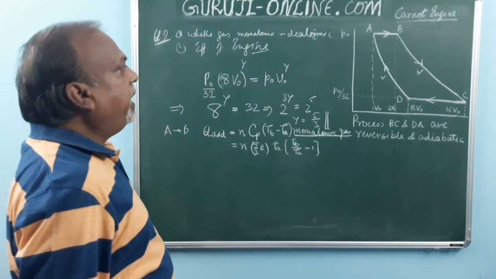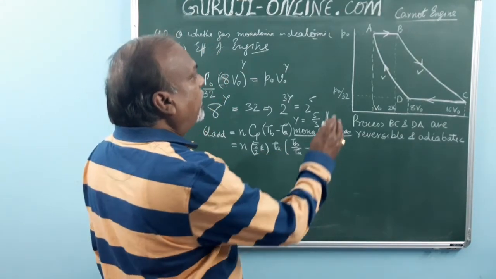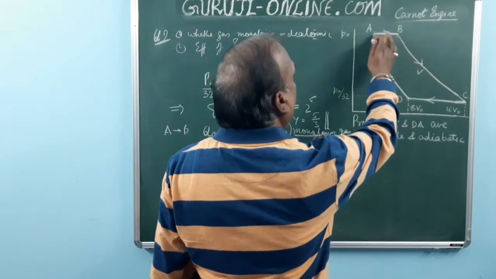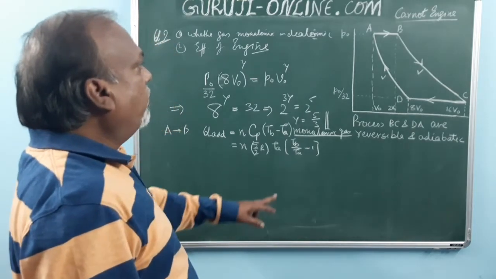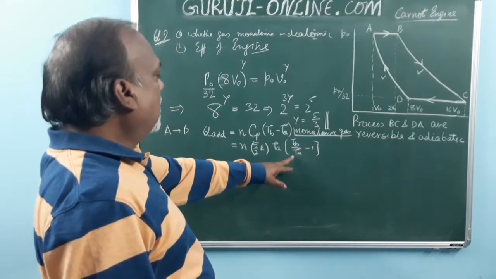Now TB upon TA will be nothing but, we can write it as,